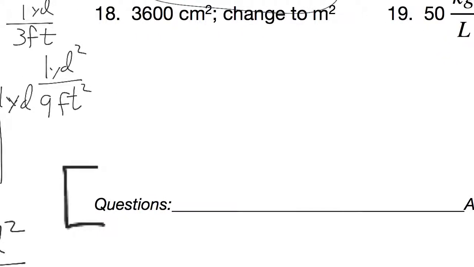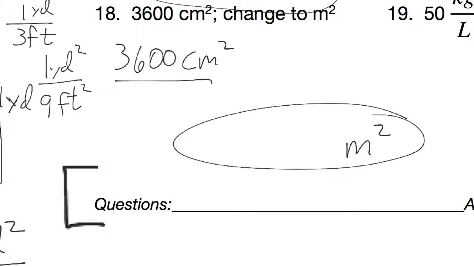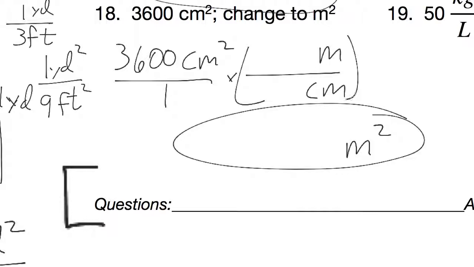One way that you can negotiate centimeters squared. I've got 3,600 centimeters squared. I want to change that to meters squared. So I need centimeters on the bottom. Well, I don't know exactly how many centimeters squared are in 1 meter squared, but what I can do is just square the linear version. In a straight line, I know that there's 100 centimeters for every 1 meter. So I'll just square it. And when I simplify, I get